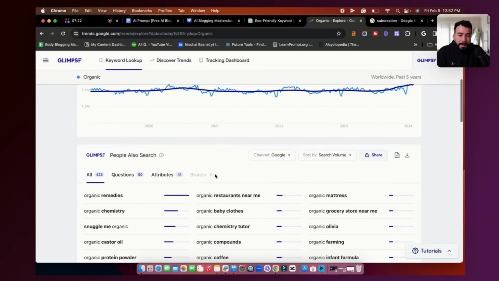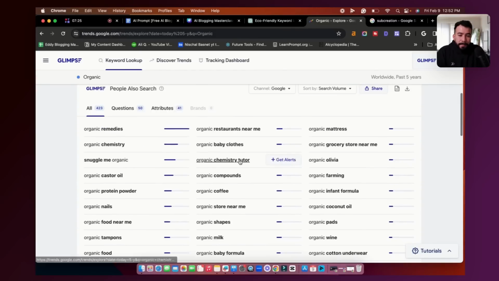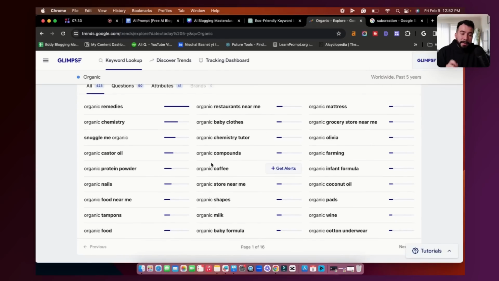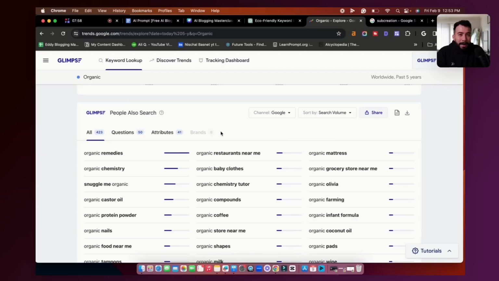But what I really want to look at when I'm coming up with keyword ideas is you can grab all of these people also ask section and turn it into a Google Sheet or a CSV file. But if you notice, there's so many different unique topics. We can go over these for days, but essentially we have organic coffee, we have organic farming, organic coconut oil, mattresses, protein powders. I mean, there's even cotton underwear for anyone who is looking for better underwear. So we have protein powders again. I said food, baby formulas, and these are all articles that we can go after and write.